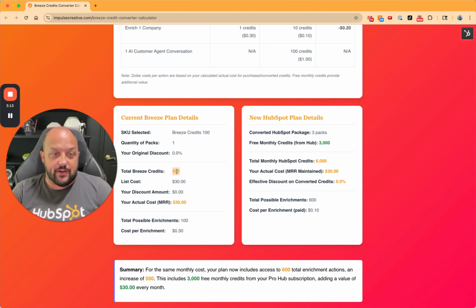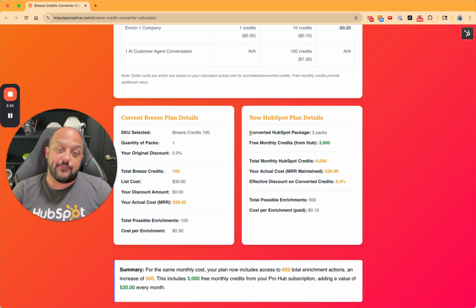The total amount of Breeze credits you got was 100. It would have cost you $30, and the actual cost, or MRR, the monthly cost for those Breeze credits would be $30 at this point. The total possible enrichments that you'd be able to have is 100. So that cost per enrichment is where we get that 30 cents. So in the new HubSpot plan,